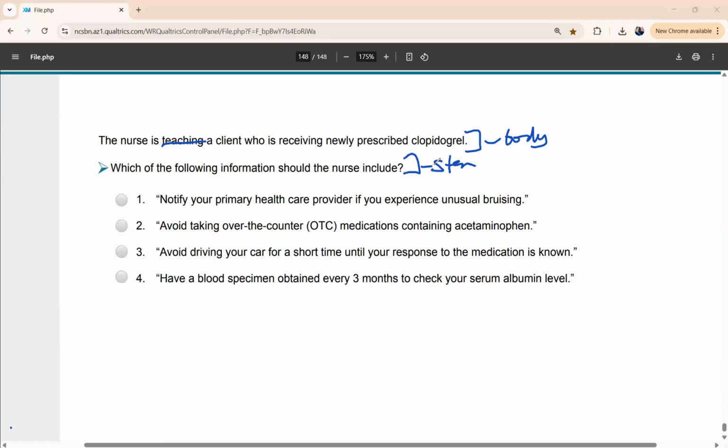So the examiner is asking which of the following information should the nurse include. Now, this is information 1, information 2, information 3, information 4. So these are the information. You don't have to be thinking about any other information. If you are thinking about any other thing and you are bringing it to the question, which you did not do,